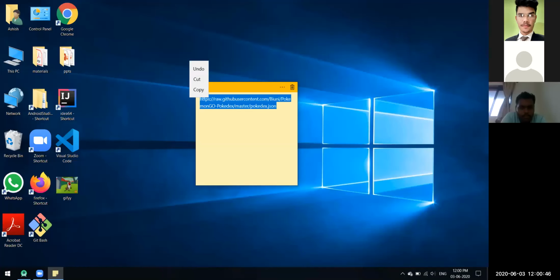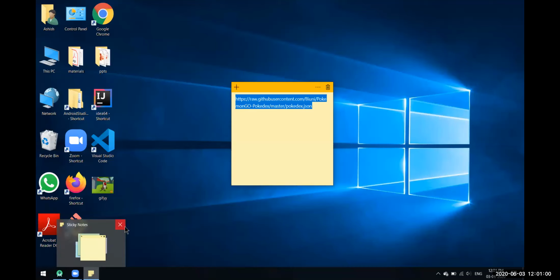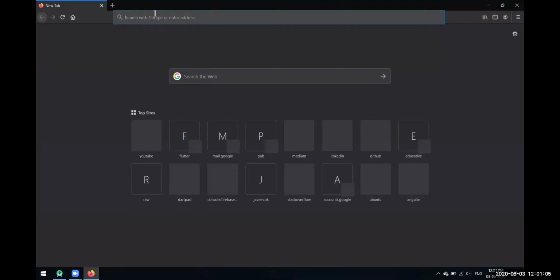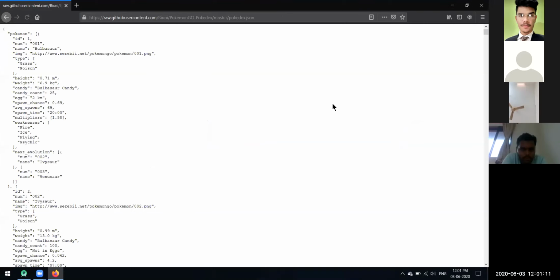There at that time, people used to play this game, Pokemon Go. So I found its API, and that API gives some of its data. So let's see what that API has. Okay, I'll just copy this URL. Amazing. So yeah, this is the API that I have, the Pokemon Go API.